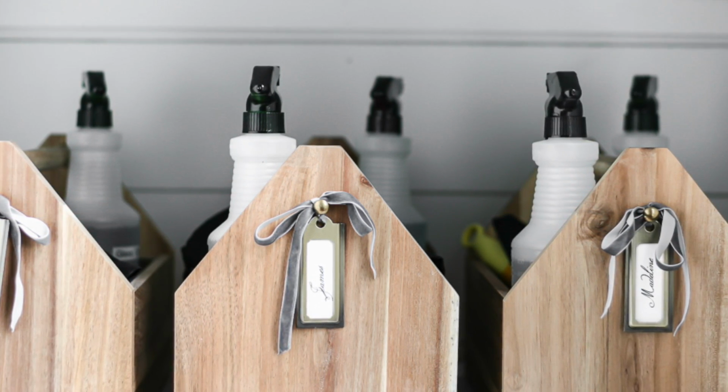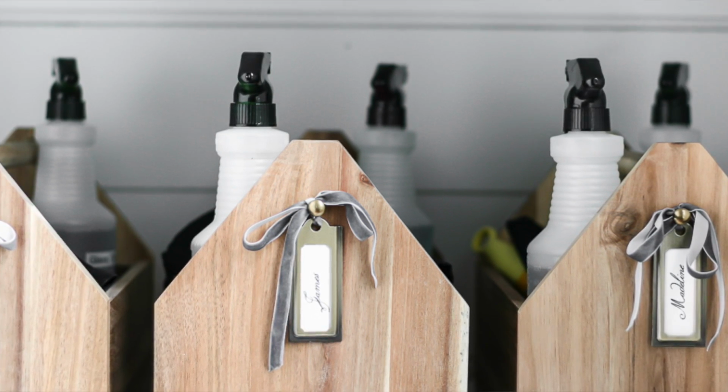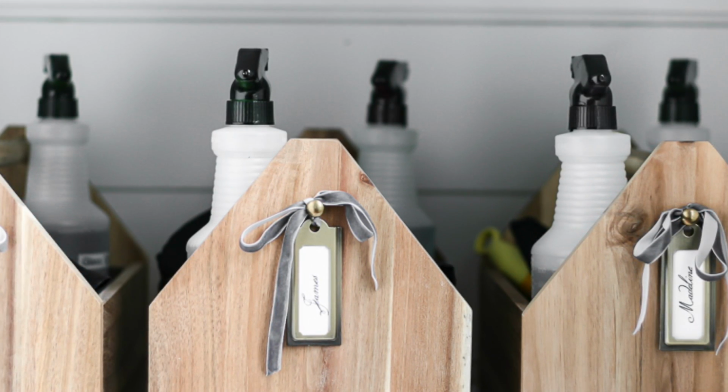Now, the spray nozzle is generally pink, yellow, or green, and so I spray paint them with a high gloss black spray paint because I'm a little OCD like that sometimes. So you can do that, or